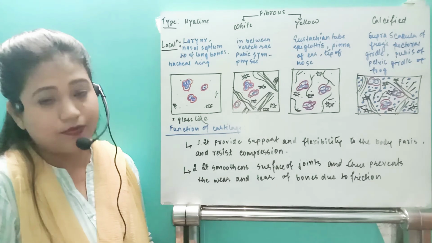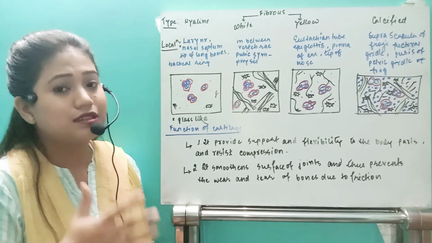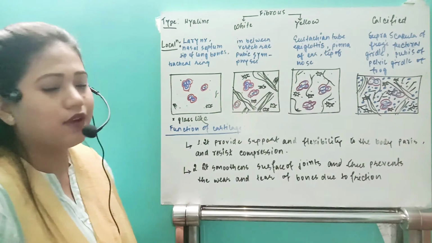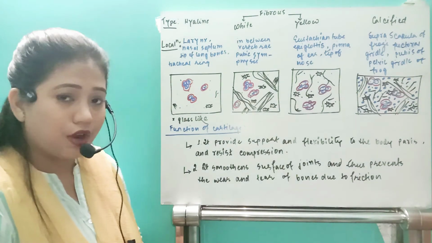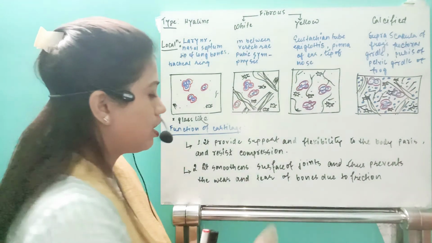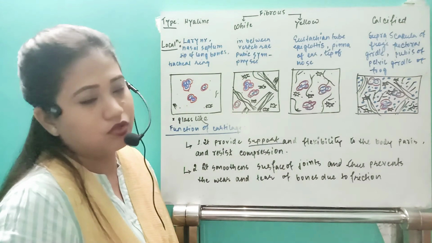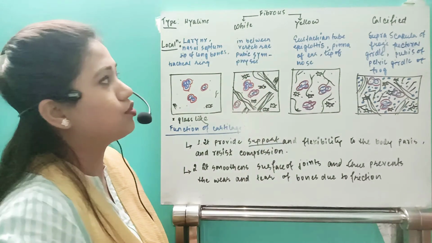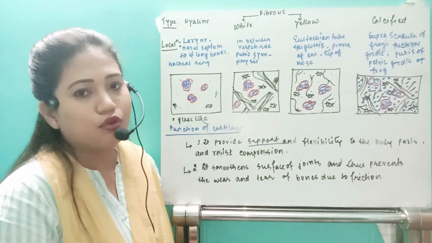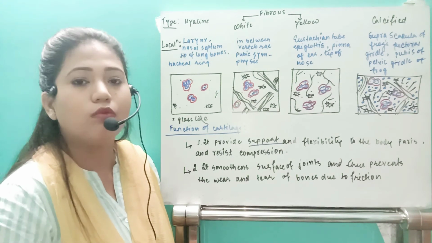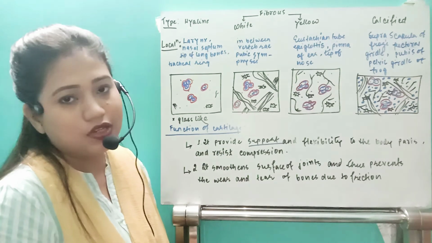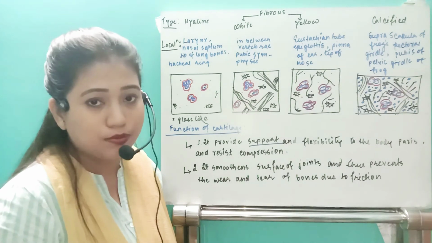These are the structures. Now we will see the generalized characteristics of the cartilage, right? First of all, just see the function of the cartilage. What is the function? It provides support and flexibility. Remember that this is important, that it supports our body structures. I told you that the white one is present in between the vertebrae. So it gives us support to the vertebral column, even to the whole body, so that we can have a posture. That's why the white fibrous cartilage has to be present.